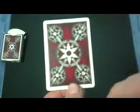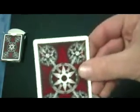Not so much top to bottom. Actually, they are top to bottom as well, but this one, side to side. You also get a blank card. No double backer though. And again, you can see the borders are off-centered. And look at these ones. You can see the borders are off-centered, top to bottom. Actually, this one's not too bad, but there's some that are a little bit worse. They're not too bad, but it could have been better. It varies from card to card. I was just a little bit disappointed with that when I first saw it,